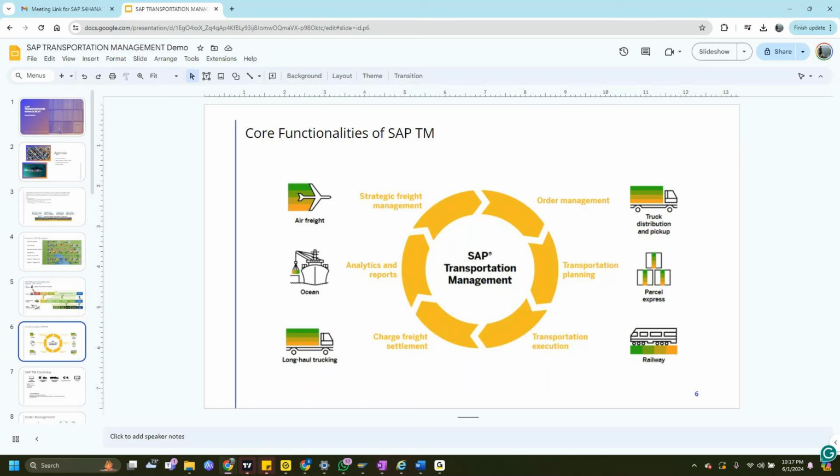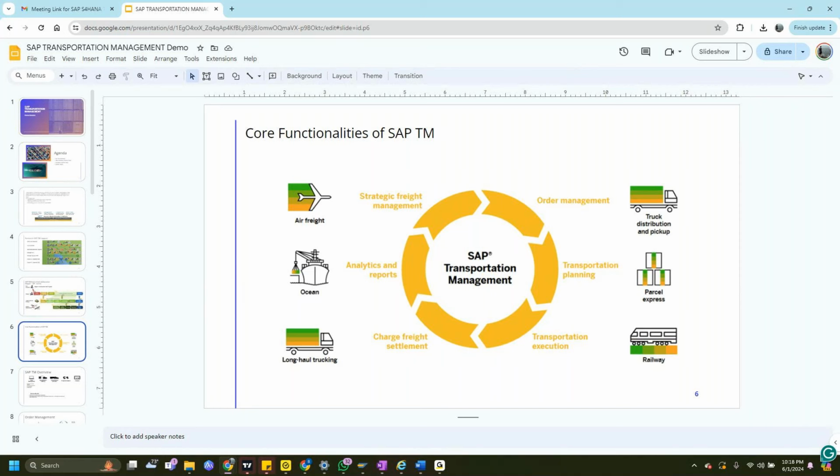That's how you need to manage these operations for truck distribution: when the truck is coming, which truck is full, how to make the truck full, and how to dispatch it to a particular location. This comes under order management. If we have a different fleet of trucks, which truck best suits which products also comes in. We have a number of business rules within the TM system that we can leverage. It's complex, but when you break the concepts down into finer segments, it becomes more sensible.